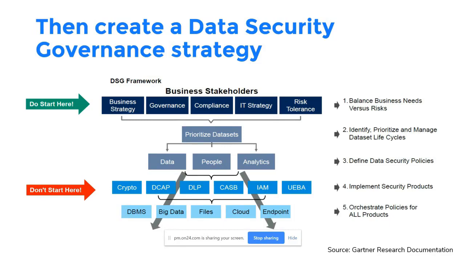If we are talking about identity management, it has to go hand in hand with a CASB system, with a user entity behavior analytics system. It all works hand in hand for you to be able to say you are 100% secure when it comes to data security. So how do you do that?